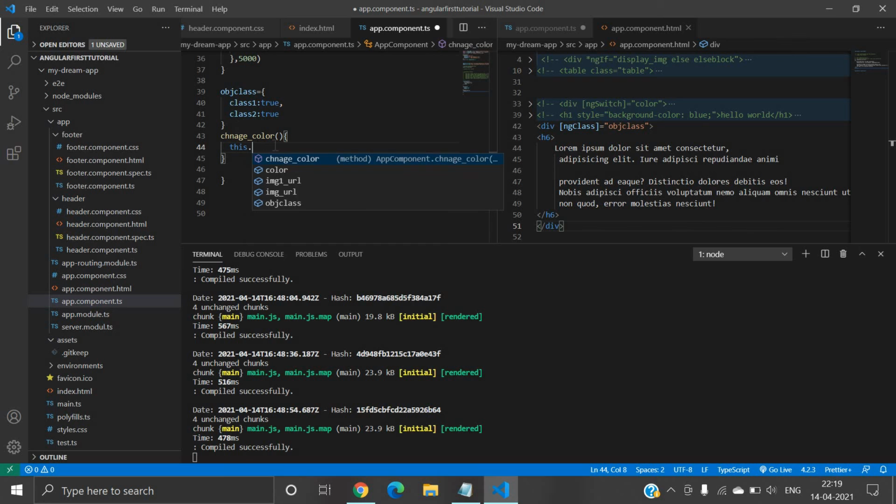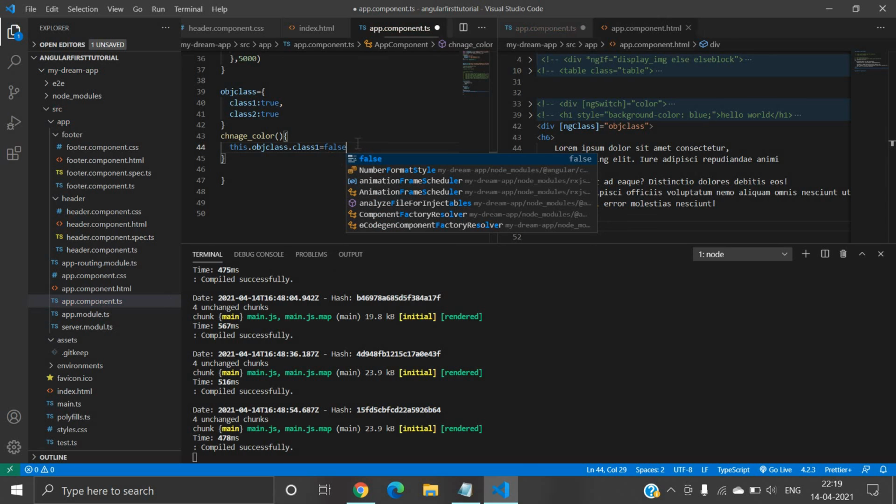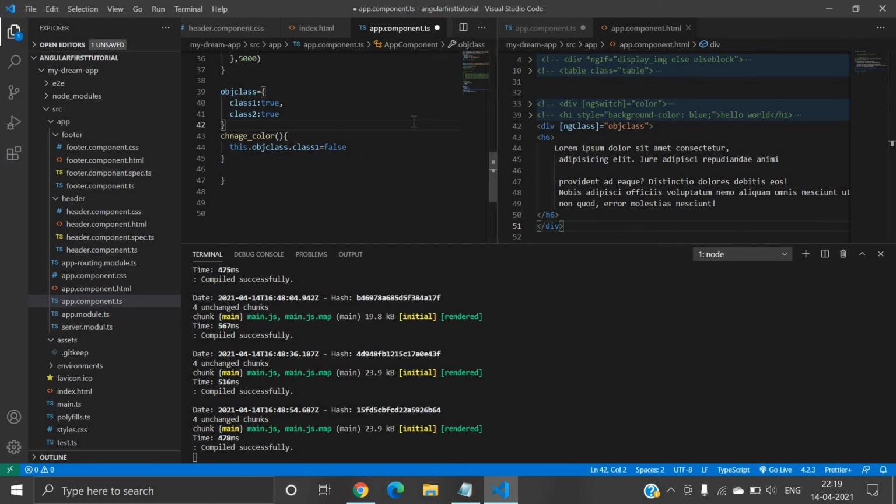Inside this function I will call this object's class property name, let's say class 1, and suppose I want to use a false value, so it will not display the class 1 properties. I will save again.